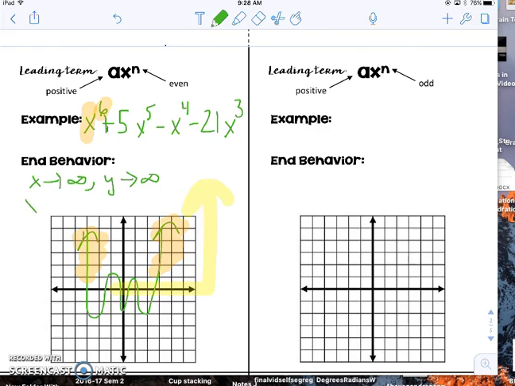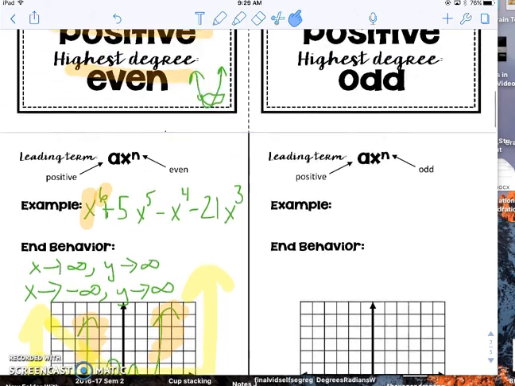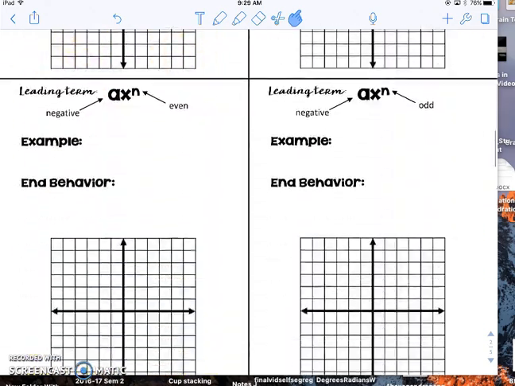Then we can go the opposite direction as well, as x goes to negative infinity. So as x goes backwards, to negative infinity, y is also going positive. So y goes to positive infinity. The same thing we looked at